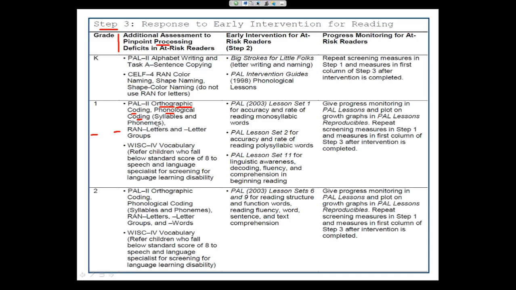But fundamental to that linking sound and symbol, is the ability to hear the sounds or to hear the syllables within a word. So if that is where the breakdown is occurring, phonological coding will provide you the information that